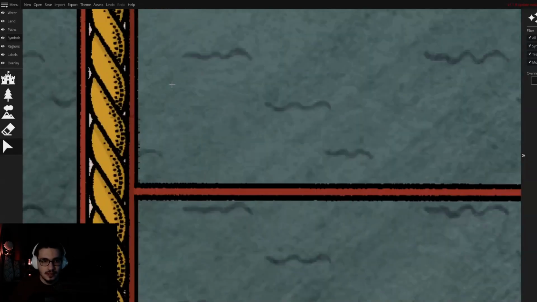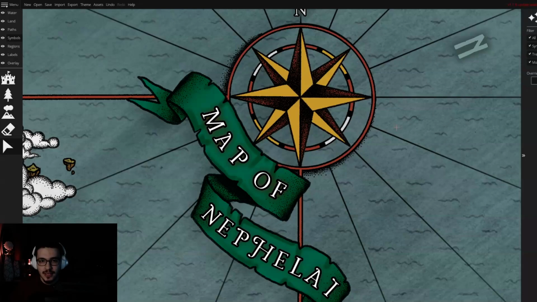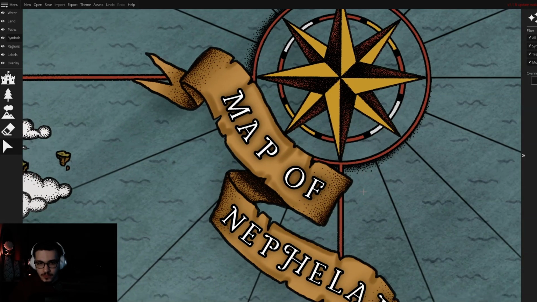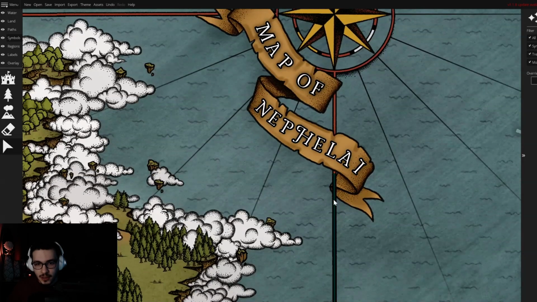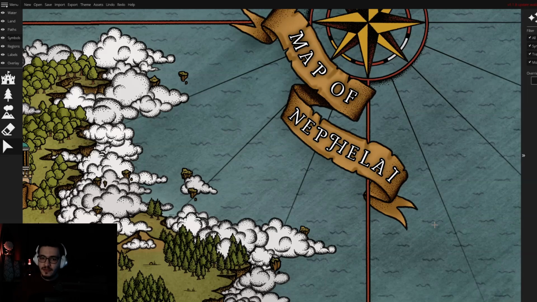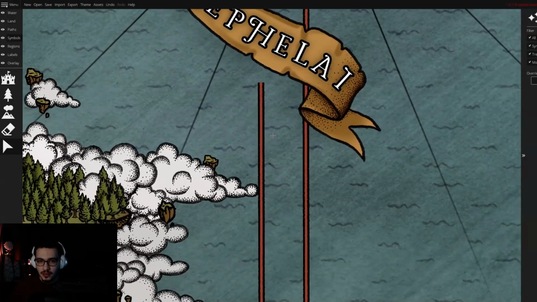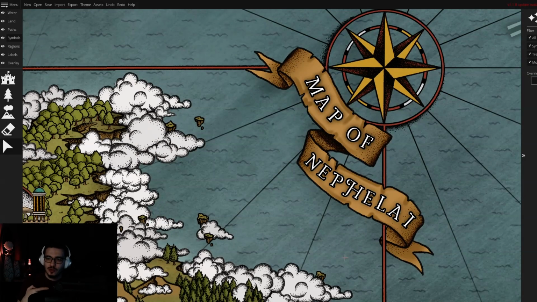Same goes here, like this frame. I combined this frame, made it come all the way here, added another compass with very similar lines, attached it to the border, attached this one here, and look at this. It feels like it's going under the banner, but it's not. It's another thing put on top here, right where it connects, makes it look like it's going under it.